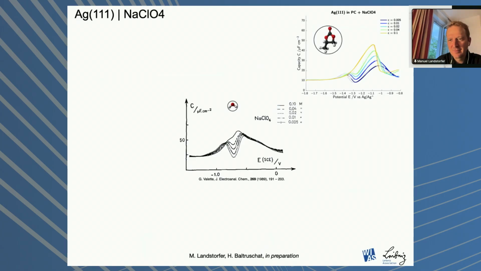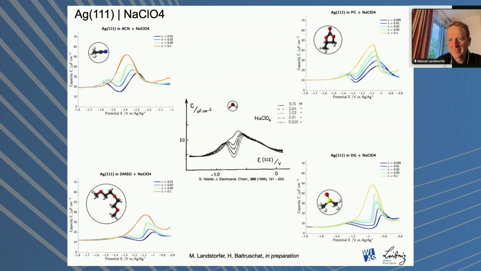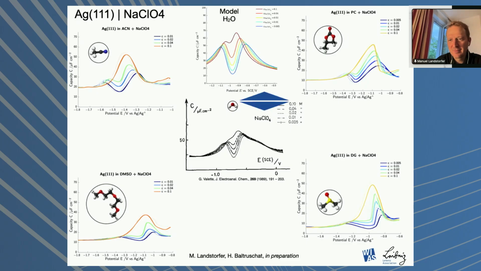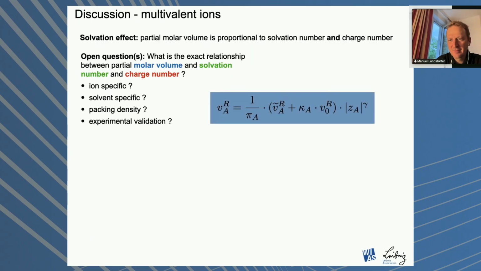And this also does hold true among different solvents. Here again, a series not only for water, but also for acetonitrile, decalin, DMSO. And you always find that the perchlorate, so the right hump, is elevated compared to the left one, which is reflected for sodium. And here the validation process is still a work in progress, but the trend is again quite similar.